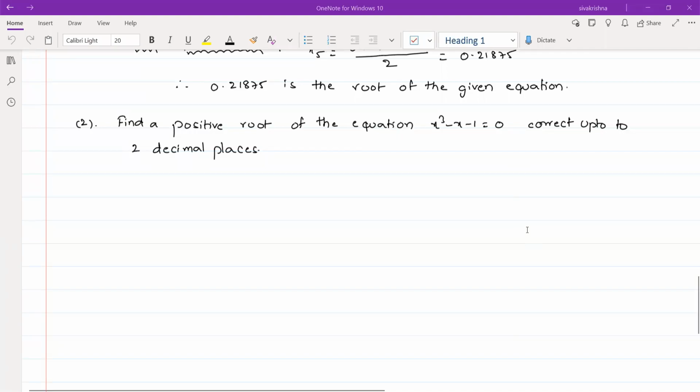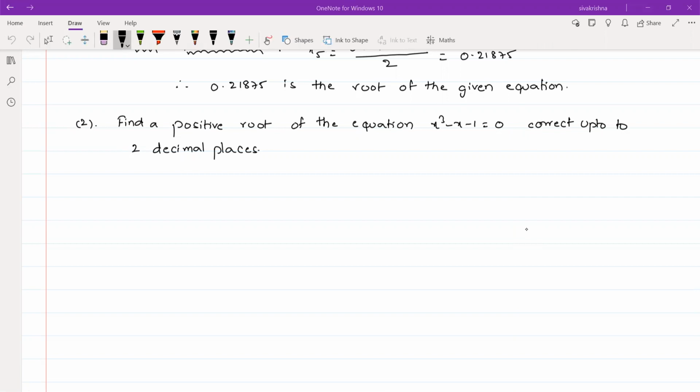So coming to the next problem, find a positive root of the equation x cube minus x minus 1 is equal to 0, correct up to two decimal places. So we have to find one positive root of the equation x cube minus x minus 1 is equal to 0, and we have to correct that solution up to two decimal places. Okay. So coming to the solution,